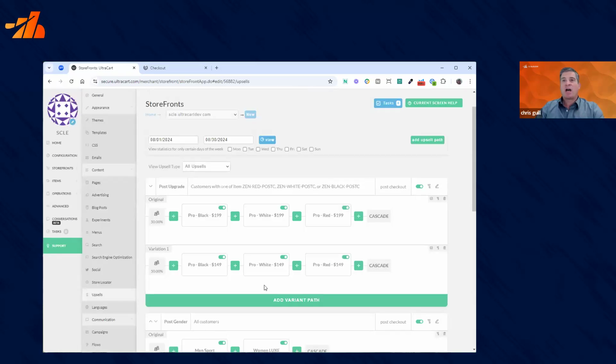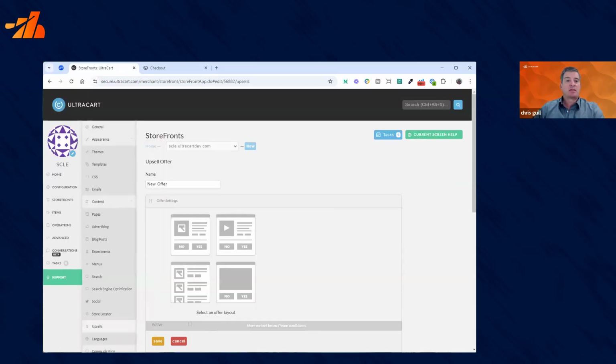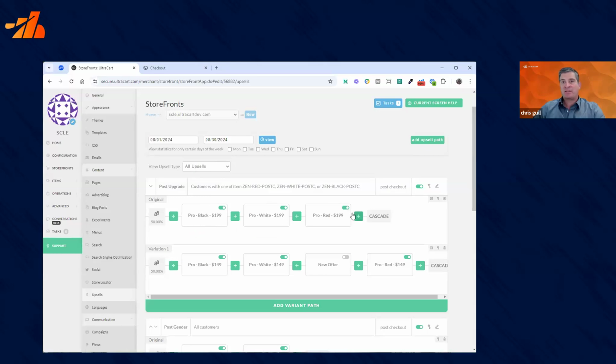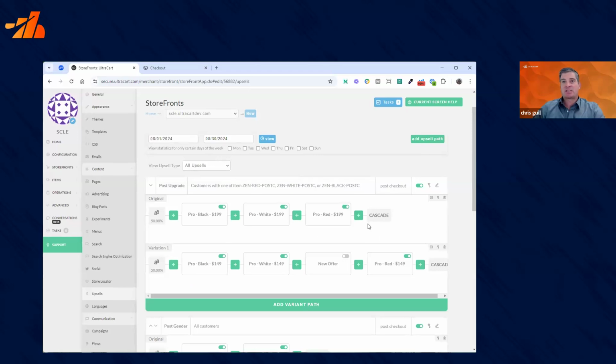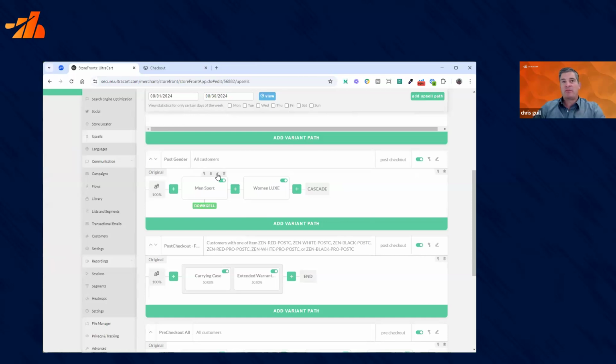So I'll walk you through how we constructed this demonstration. As I mentioned before, we're demonstrating the fact that you can set up a test of a whole path. In this case, we're using the 149, an arbitrary item, to show 149 versus 159. These offers then cascade to the next offer, which in this case, we're demonstrating the option of a male versus